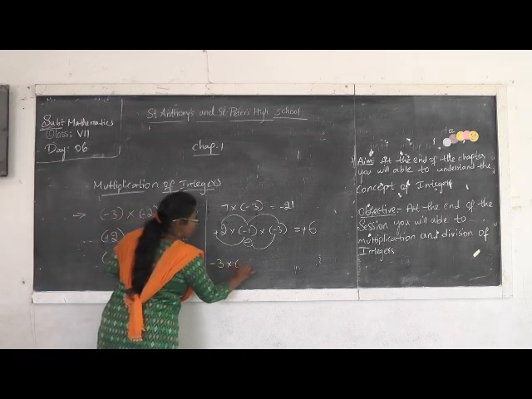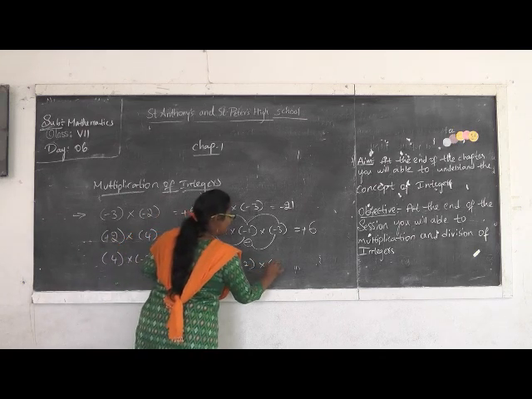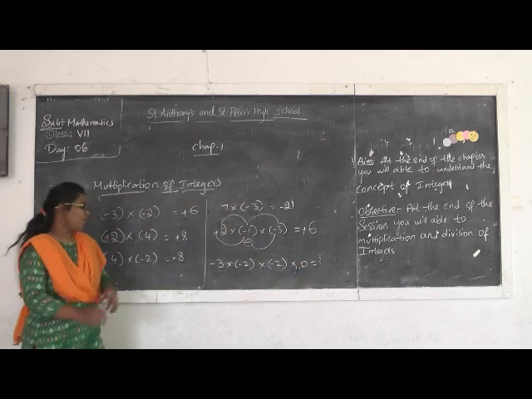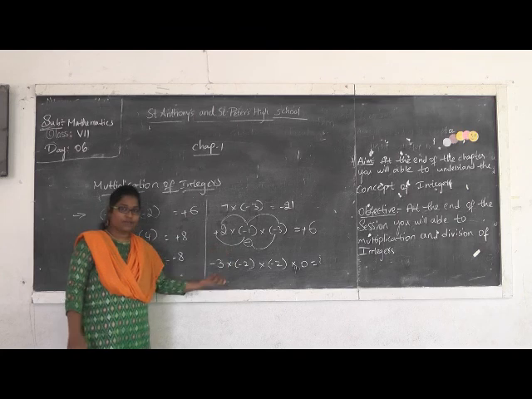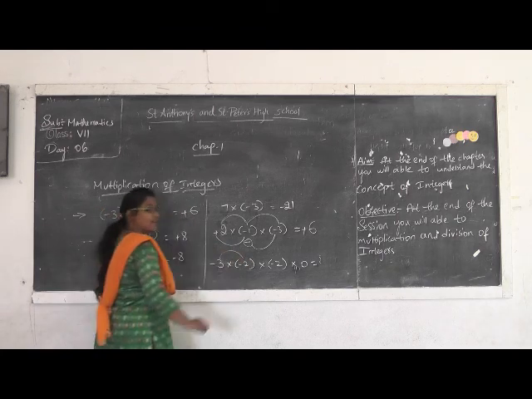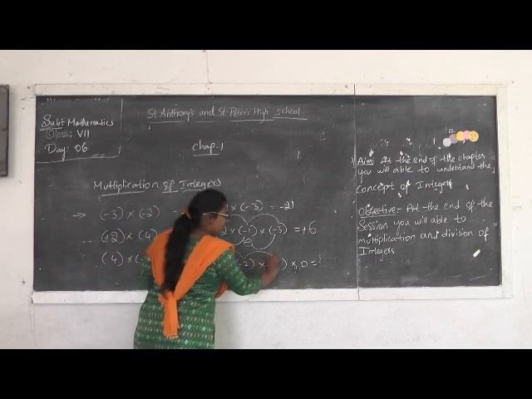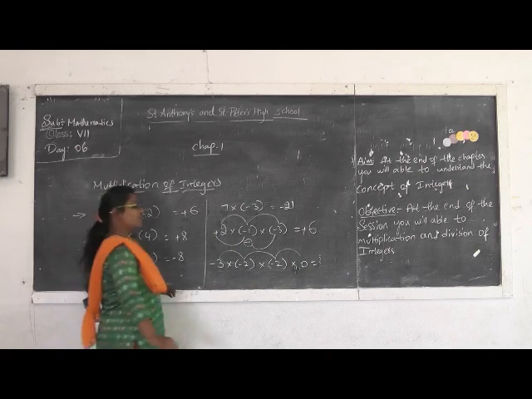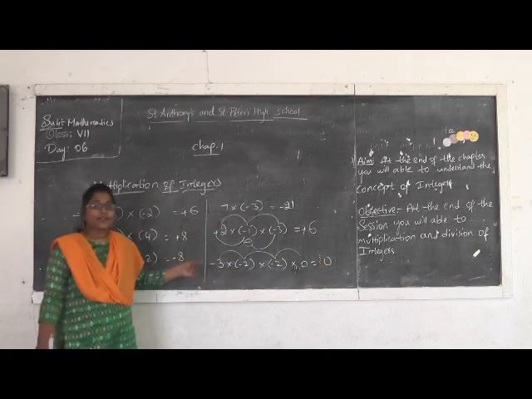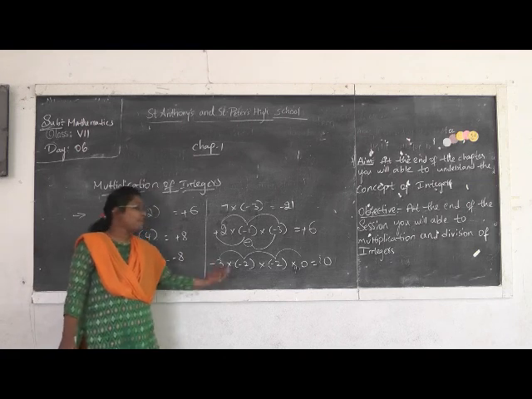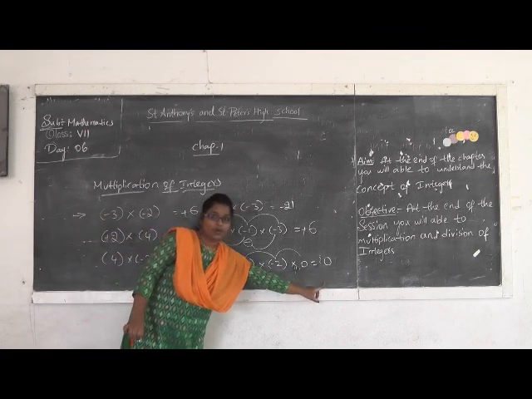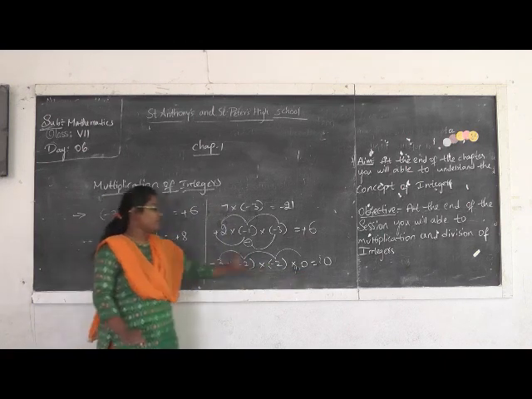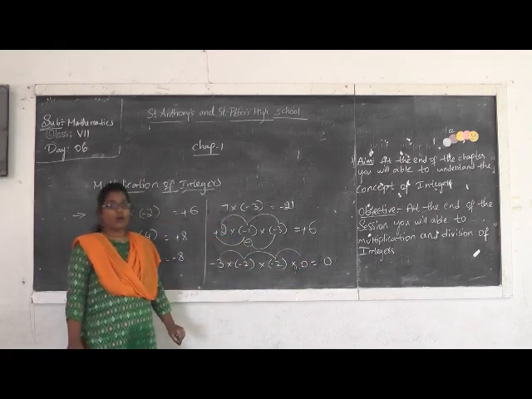Minus 3, minus 2, minus 2 into 0. Let us take this. Now, first we have to simplify the numerical values, right? Now, 3 2s are 6, 6 2s are 12. Now, 12 into 0, 0. So, the result is 0. Here you have to remember one point: whenever we are multiplying the terms with 0, the result is always 0. Now, what about the sign of the 0? We should not keep any symbol for 0 because 0 is neither positive nor negative.